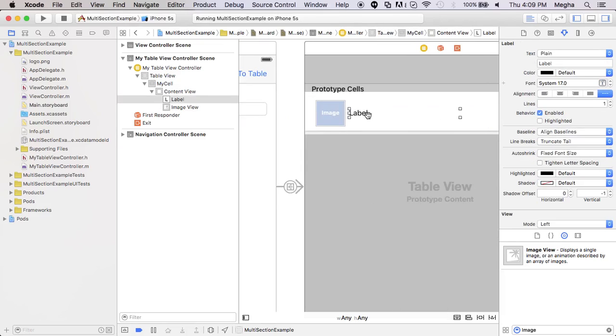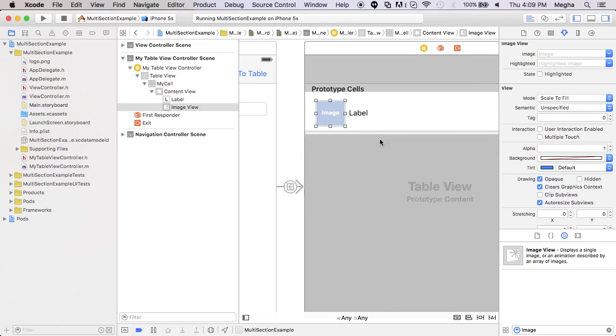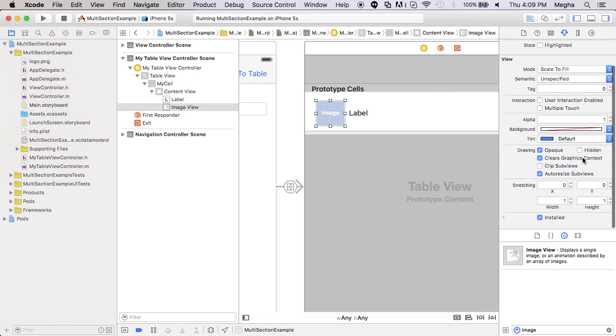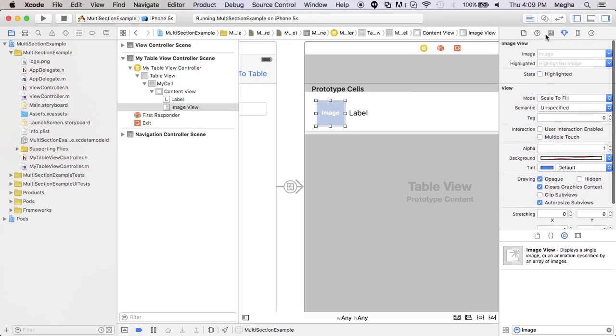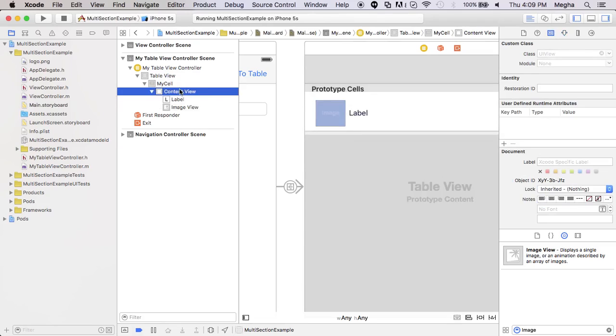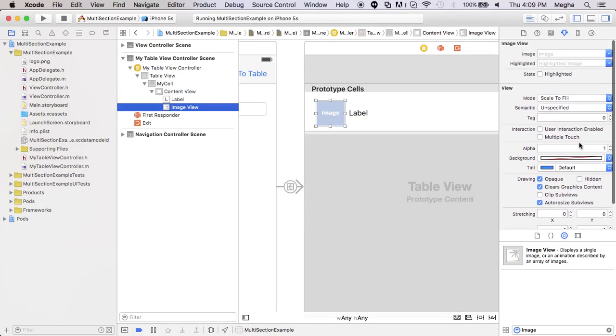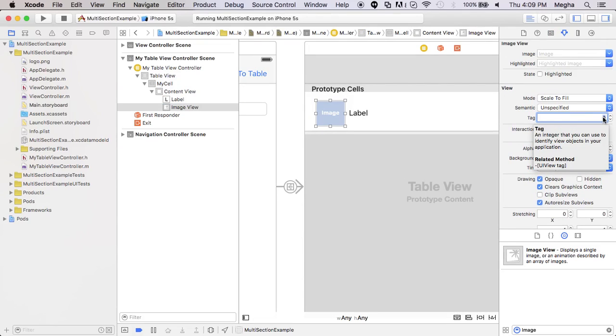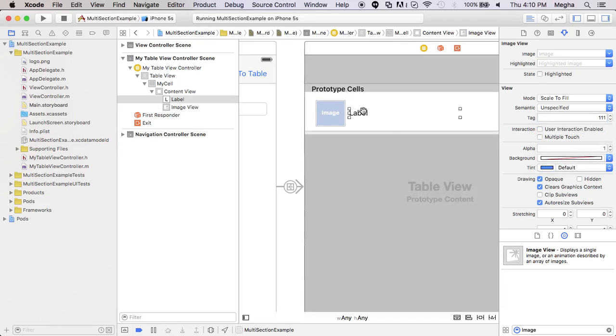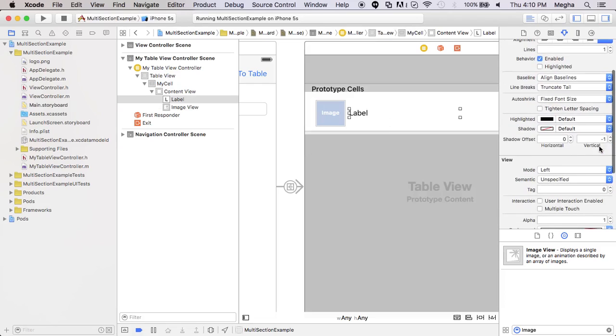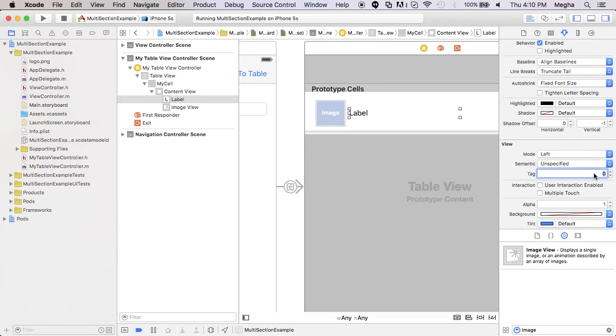We have an image and label now. So image, of course, being a property cell, we have to give a tag, because in runtime we have to identify. First one is image. Let me go to attribute inspector, find the tag. So I'm going to give a tag for image 111 or maybe any number. For label, I'm going to give a tag